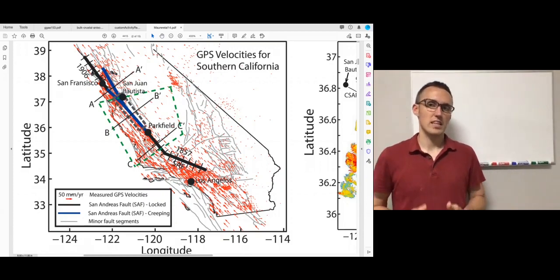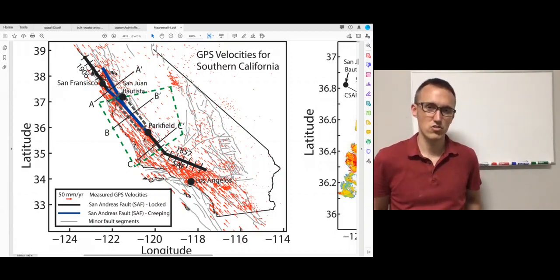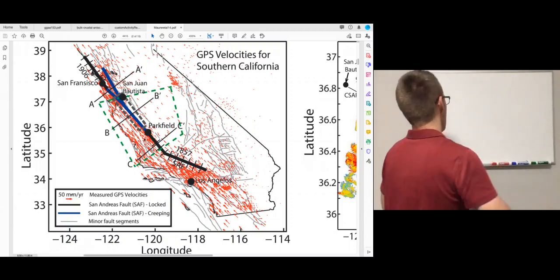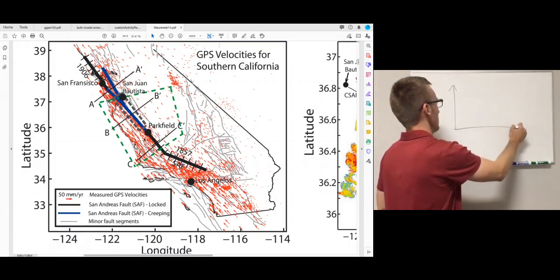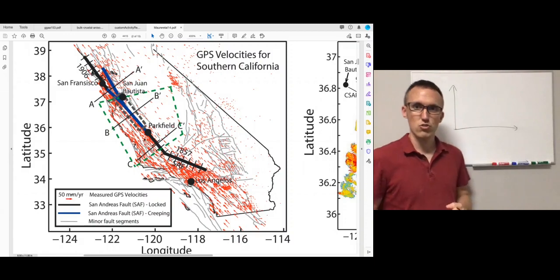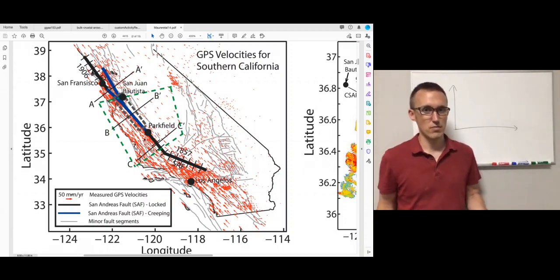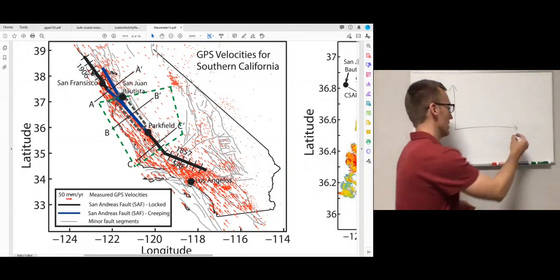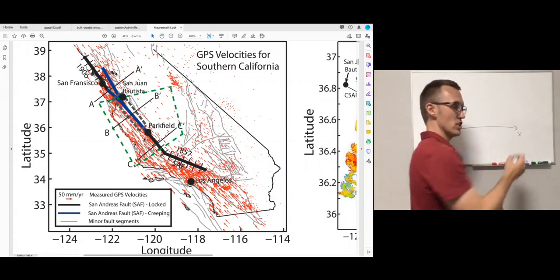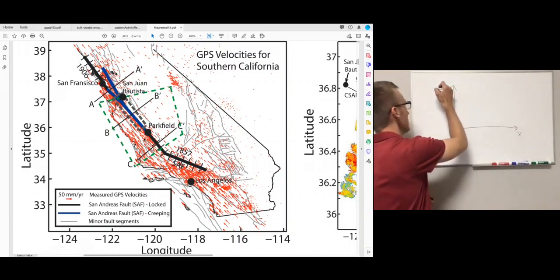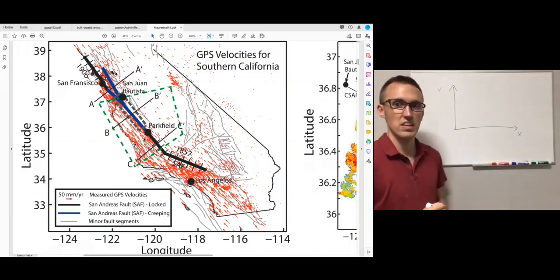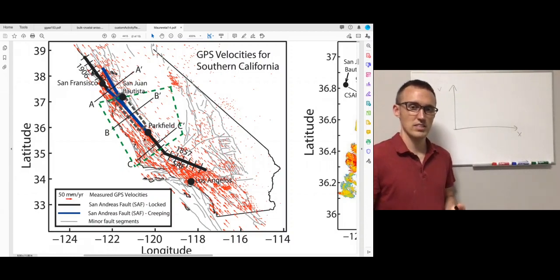Now the way that we relate this information to tectonics and earthquake potential and earthquake hazards is through the concept of strain. Now strain is related to displacements or velocities through the derivative. Now if you're not familiar with derivatives and integrals from calculus, let's say that we have position x and we'll call it velocity v. And if we make a plot of velocity versus